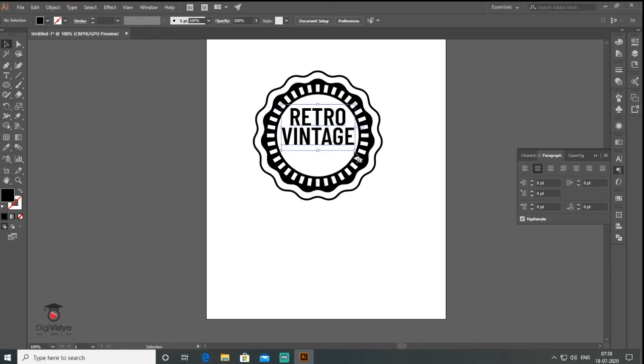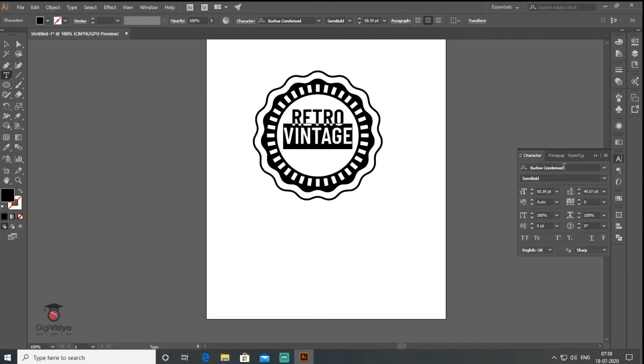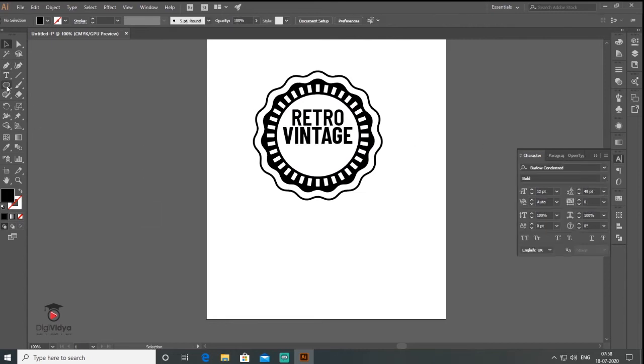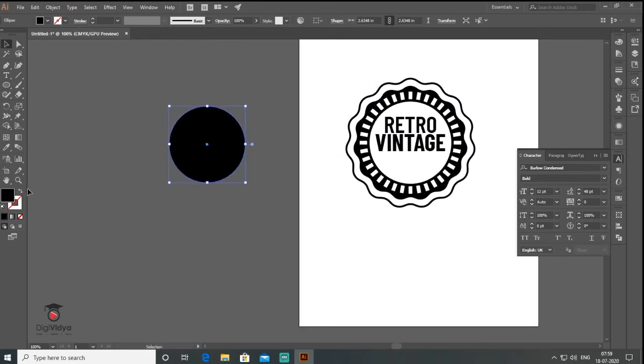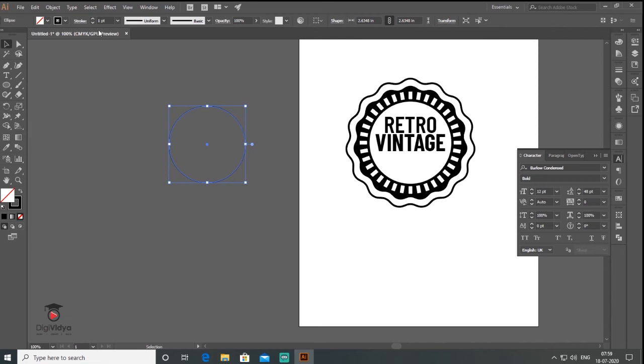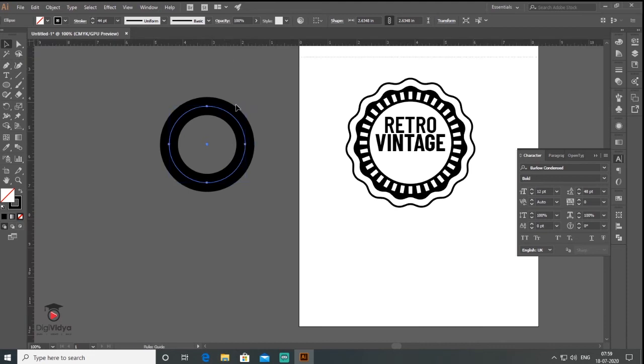After that I want to make a ribbon here. I need my vintage text to be bolder, right? Then I make a rectangle here and change the stroke to this color and increase the stroke width. Then I press Ctrl R for ruler, right?